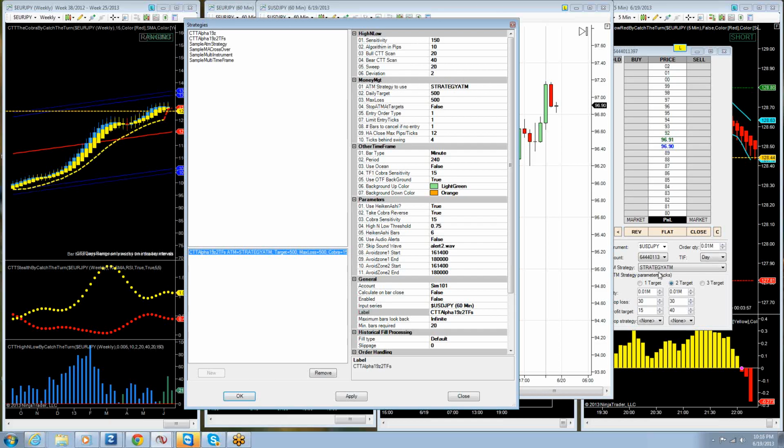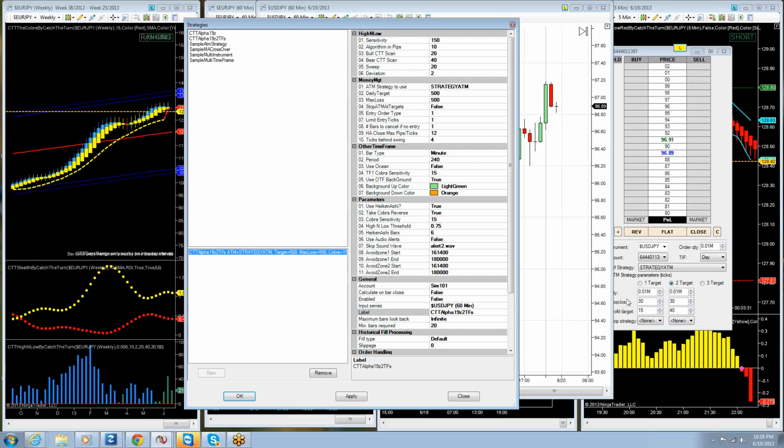So over here on the dome, you see that we have a strategy name called Strategy ATM. Well, this name has to match our strategy here, and that way alpha is able to communicate. So as you can see, these two are identical, and this allows the strategy to communicate this information to your broker so that it will open and close your trade accordingly,